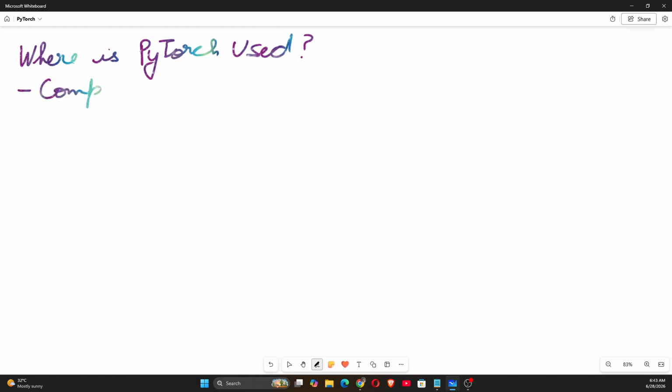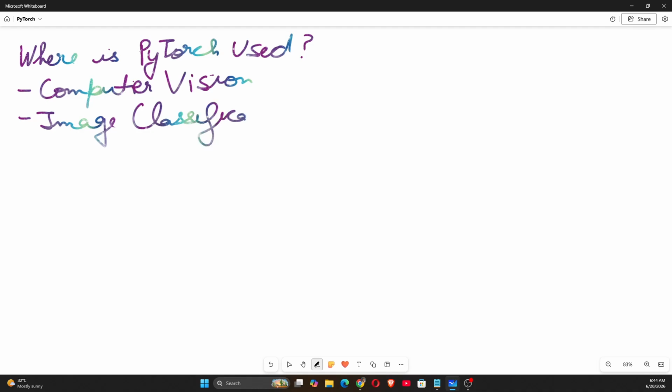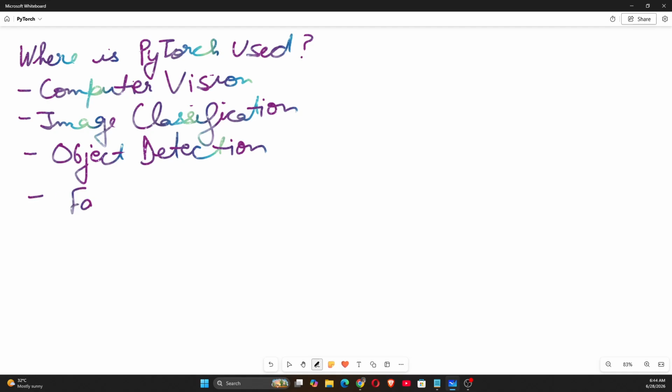Computer vision, image classification, object detection, facial recognition, medical imaging,